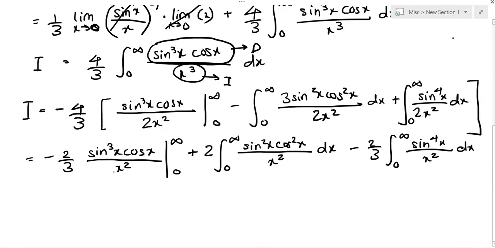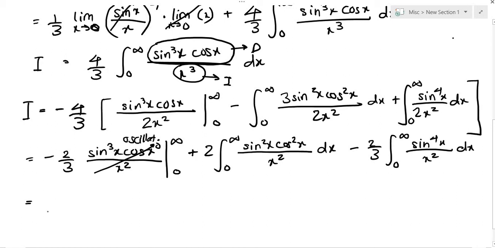And so like before, I'm not going to calculate the range of sine cubed of x times the cosine of x, but we know that it will keep oscillating and we don't need to worry about that. So all we need to worry about when x tends to infinity is the denominator x squared. So as x tends to infinity, 1 over x squared will tend to 0. So this entire thing will go to 0 while x is tending to infinity.